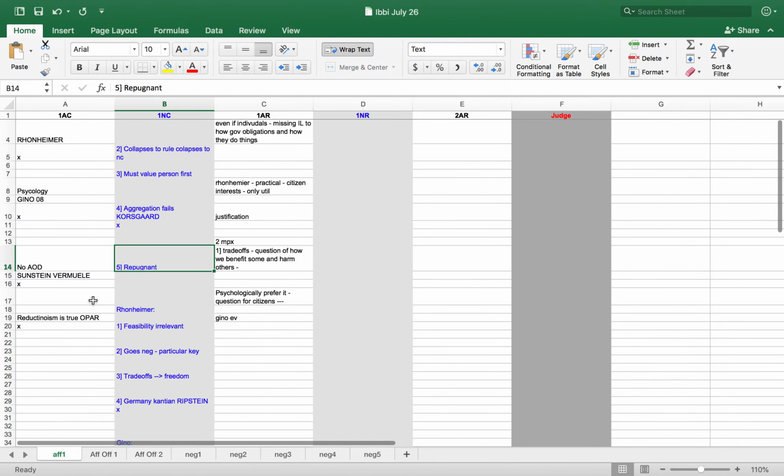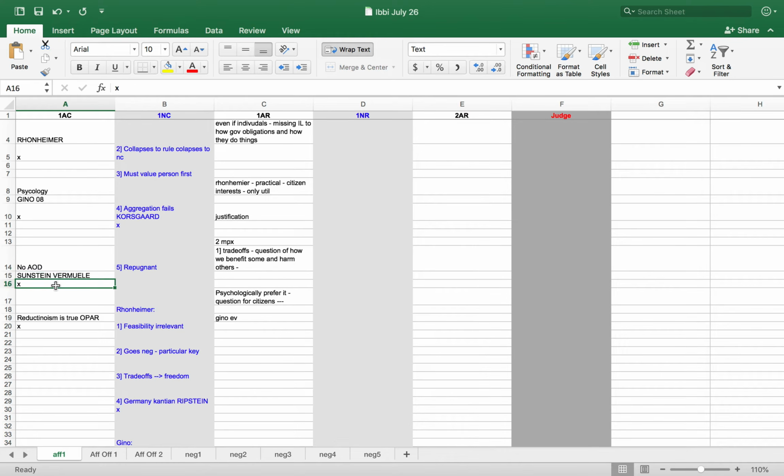I think one useful argument to go for is this no act mission distinction argument. The reason just being that strategically it's kind of a useful util trick to have, in that even if they win their framework, it's a reason why your offense links under their framework. Do you sort of understand what I mean by that? That if there's no act mission distinction, agency violations are equally bad if you commit one as opposed to just seeing one happen, which means that basically you can say freedom matters, agency matters, but we should aggregate instead, and them not acting in the face of injustice that the AF is talking about is a freedom violation. Does that make sense? Yeah.